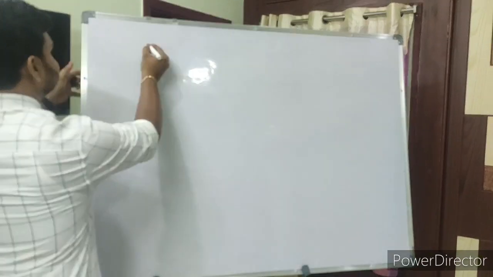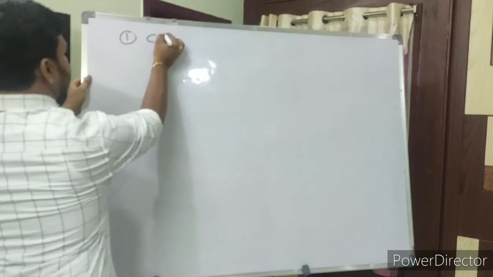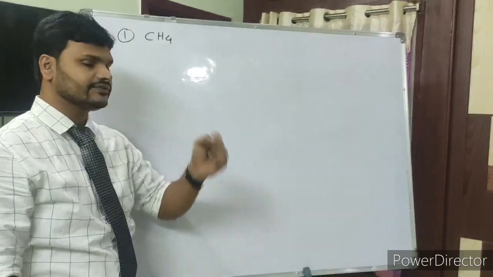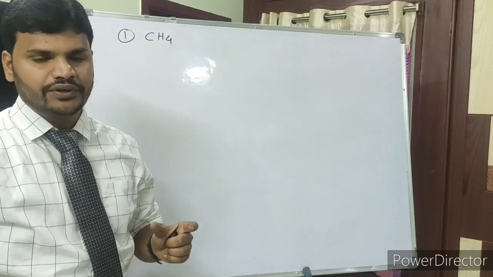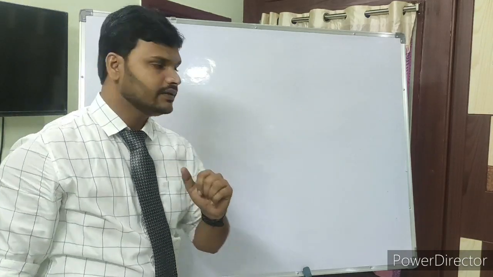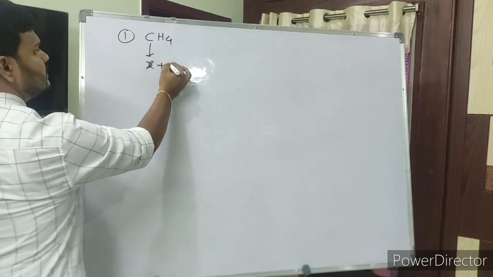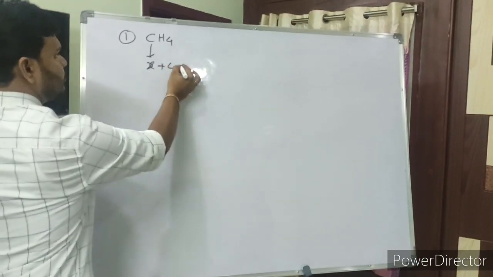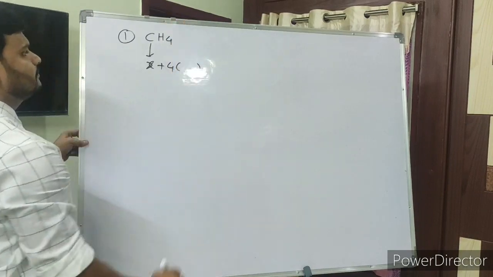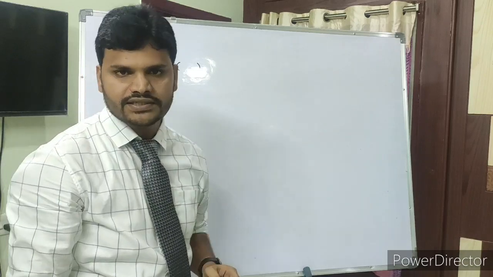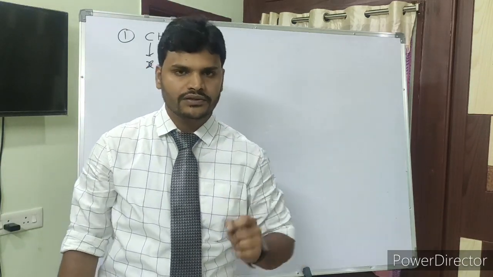Okay students, let's discuss some important examples. First I am going with CH4. What is the oxidation state of the carbon atom in CH4? So here you need to find the answer for carbon. So carbon, let us take X plus how many hydrogens? 4 hydrogens. You need to take one bracket here. Next, what is the valency of hydrogen? How can you find valency? Very simple. Hydrogen belongs to the first A group.